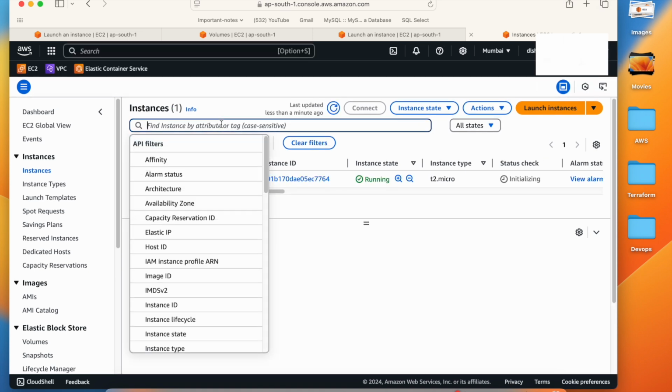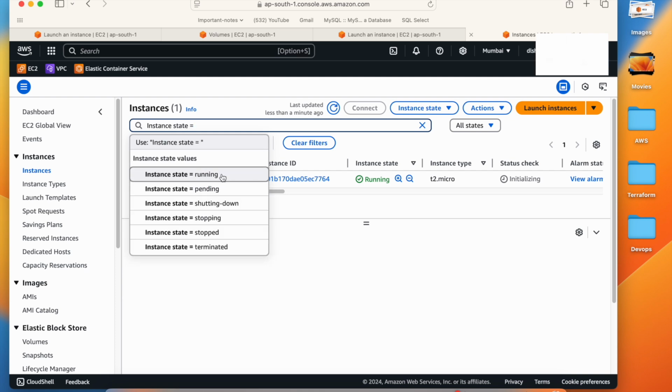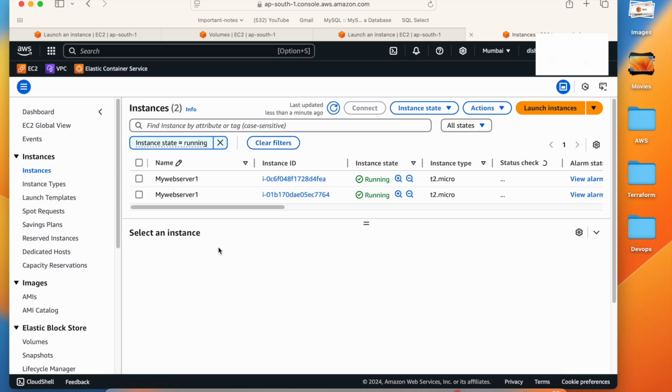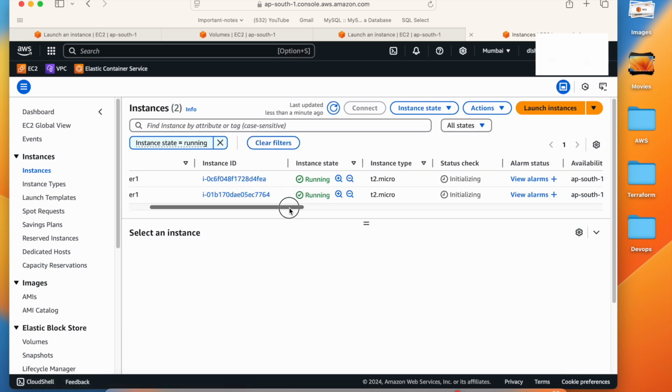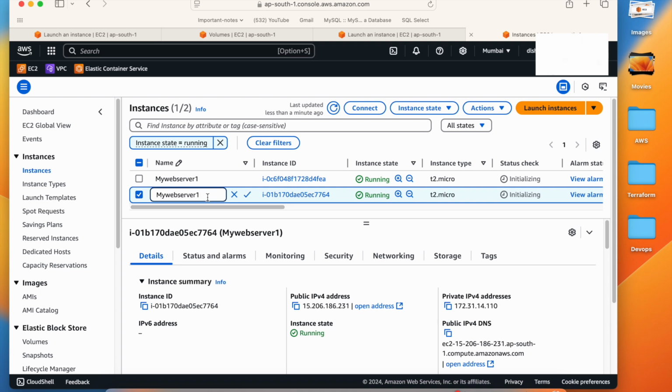And you can just simply type in instance state to filter out equal to running. So we now have two server EC2 instances in running state. As I mentioned earlier, the name that I provided for my EC2 instance was my web server 1, which is the same name given to the second server as well, because there was no option to provide the name individually for each server, right? So that is why I was mentioning this at the time when I was providing the name